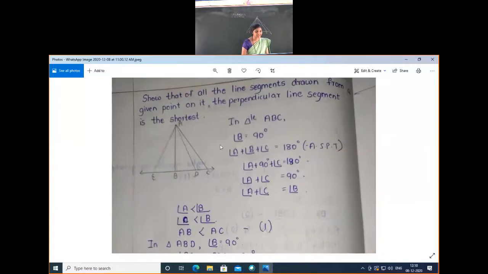This is like yesterday's first question, no? We have worked out the first problem: show that in a right angle triangle, the hypotenuse is the largest side. We solved that problem, no? Now same here: the perpendicular is the shortest distance. Okay, so the perpendicular direction is 90 degrees. If we start working in the 90 degree direction, we can reach the destination very early. Is that clear? So the perpendicular distance is the shortest distance among all the line segments.